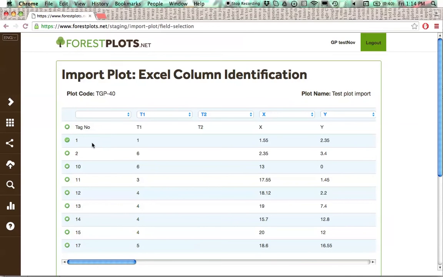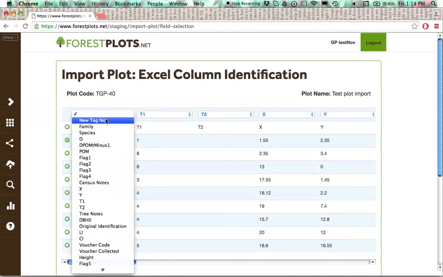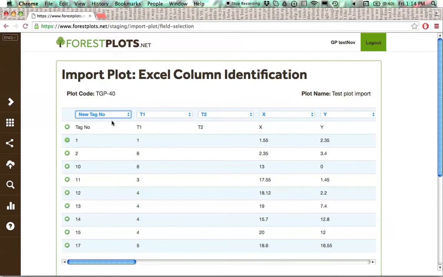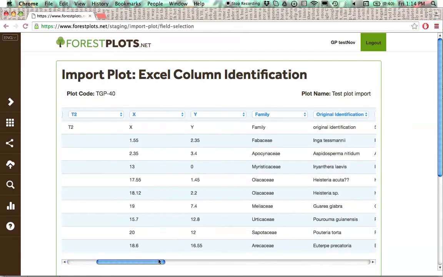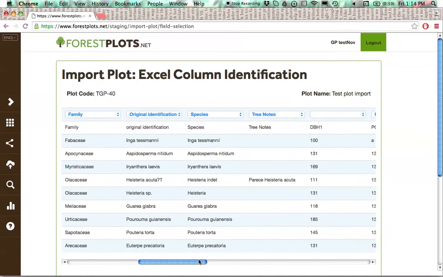Now we select our Excel file, which we've prepared. Okay, so here's our Excel file matched to the database. First, we need to check that our first line of data has been highlighted with this tick. Not the headers, but the actual first line of data. So that's correct. Now we need to check that all of our column headers have been matched correctly to the